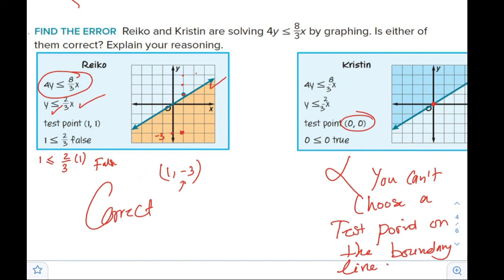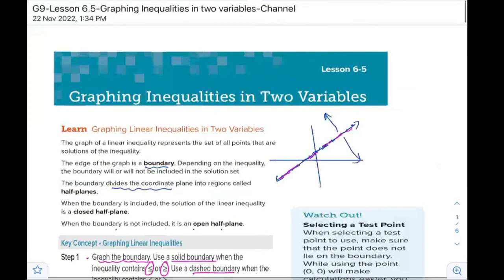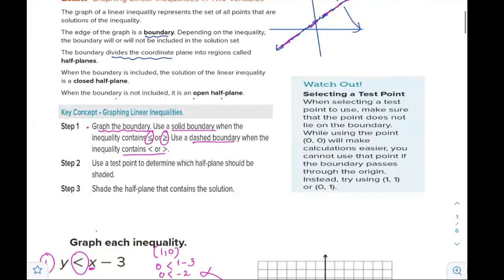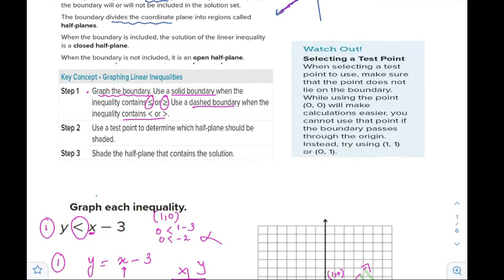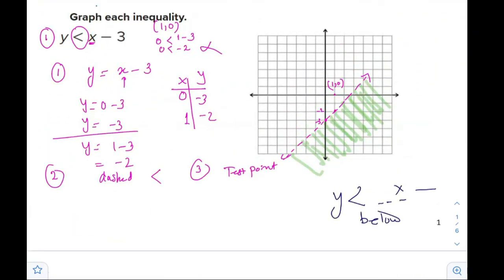So as a summary of this lesson on graphing inequalities, we need to learn that we are graphing the boundary line first, which is a normal linear equation, using the table, or the slope-intercept form, by the way, or the x-intercept, y-intercept method. Number 2,